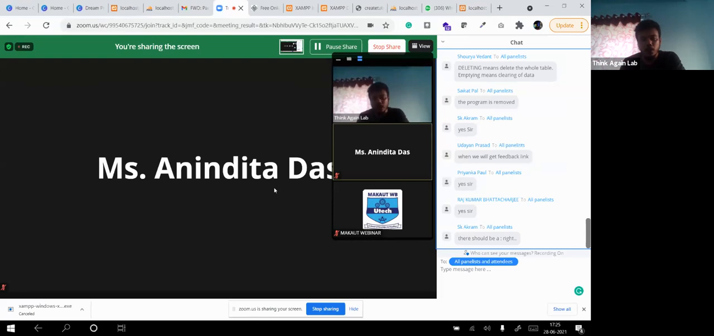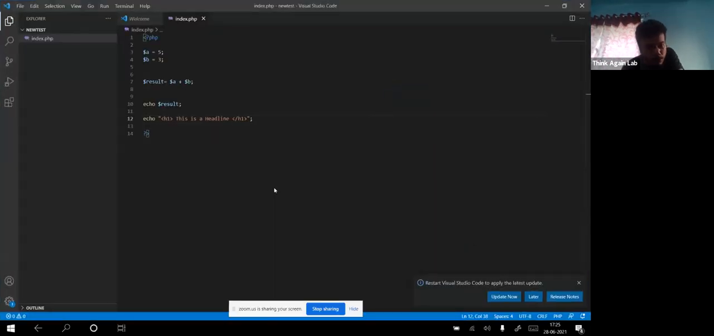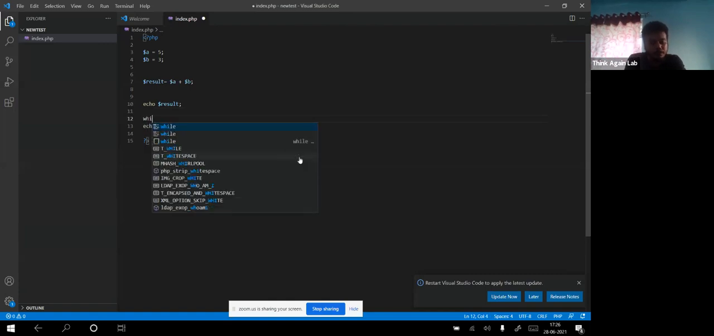And why will we do it? Suppose you want to make this thing 5 times for any reason, right? You couldn't do it with HTML. You would have to copy paste, copy paste, copy paste, and that will make the thing very clumsy, right? And very difficult to debug and all those kinds of things. What I will do,